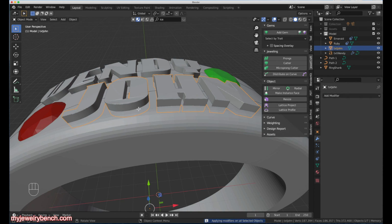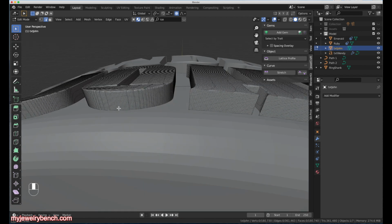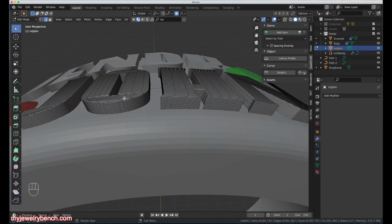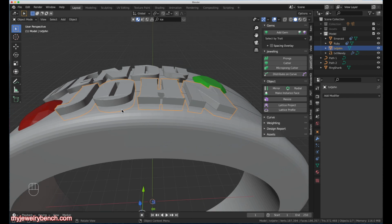And now I'm going to go into edit mode, and you can see we've got a nice object here. And what I should have done was convert this over to a mesh before I put it on here, but we're just going to leave it the way it is. Okay, so let's look at John, and now we want to cut this out of our